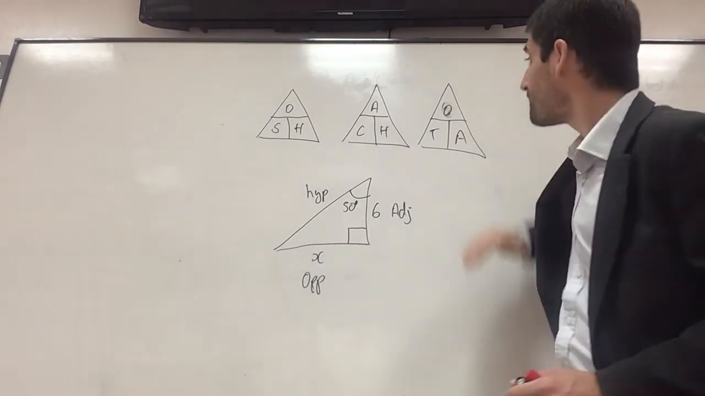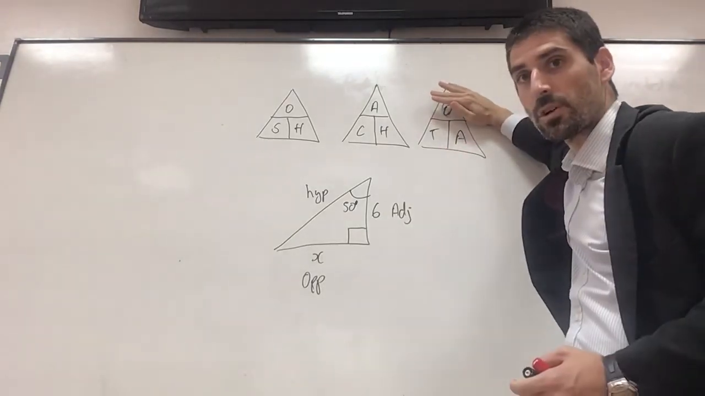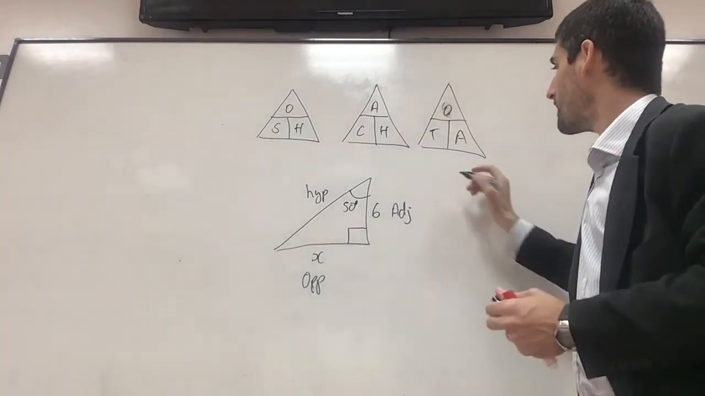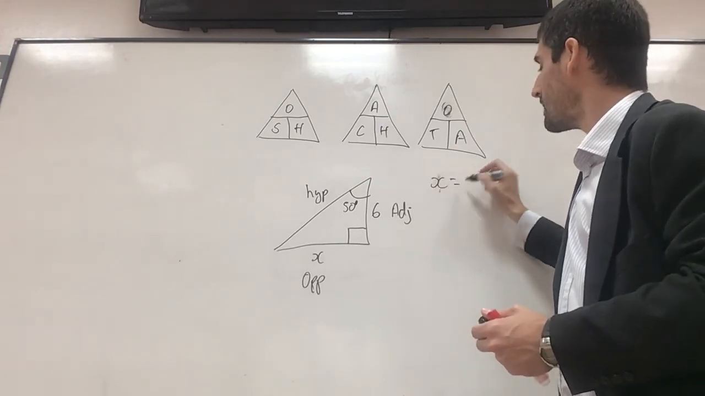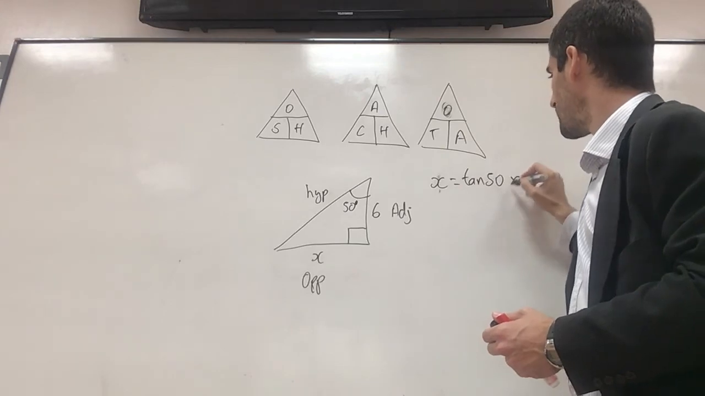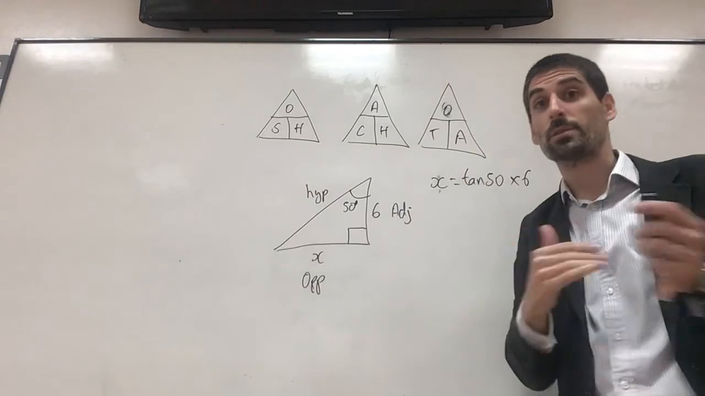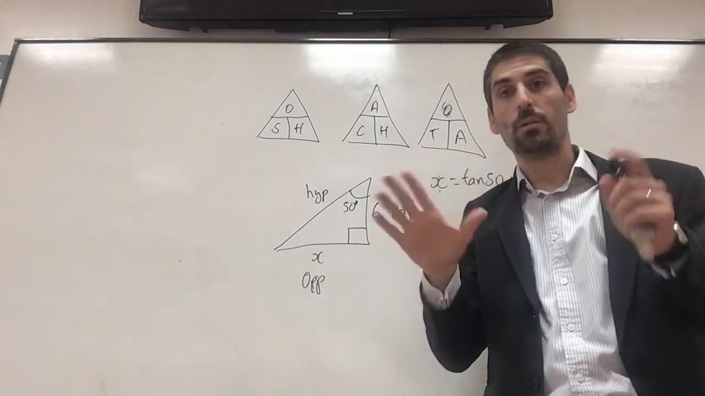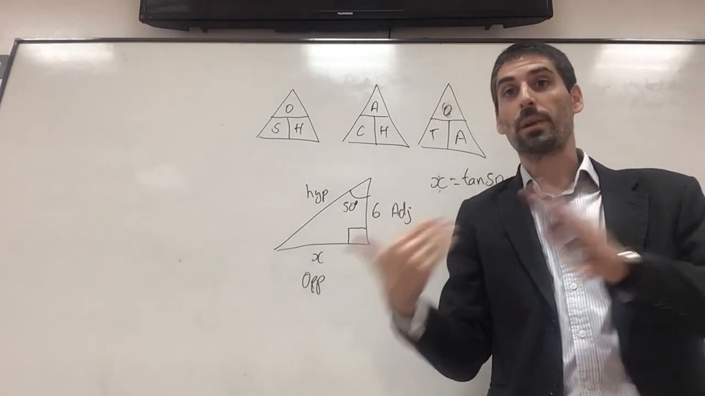So this time, I cover up the opposite, and what I get is these 2 things next to each other. Well, that means that I've got to multiply them together. So the opposite of x, because I've called it x, is going to be tan 50 times 6. So sometimes you're going to multiply, sometimes you're going to have to divide. So don't try to learn a rule, oh, when is this? No, just use your brain, use the formula triangles to figure out when we are multiplying, when we are dividing,